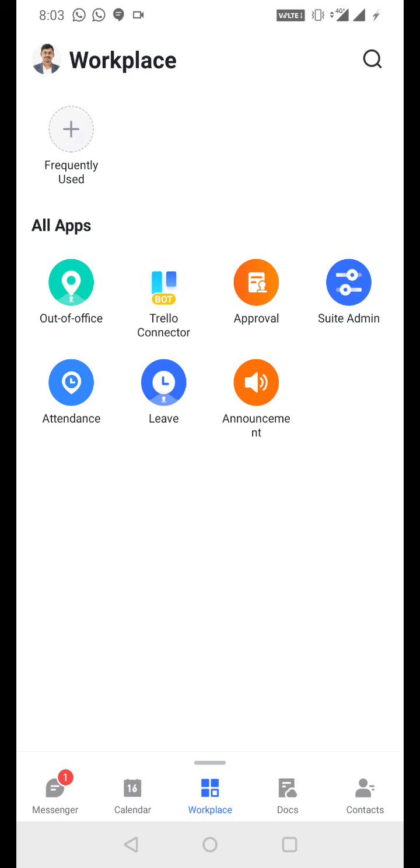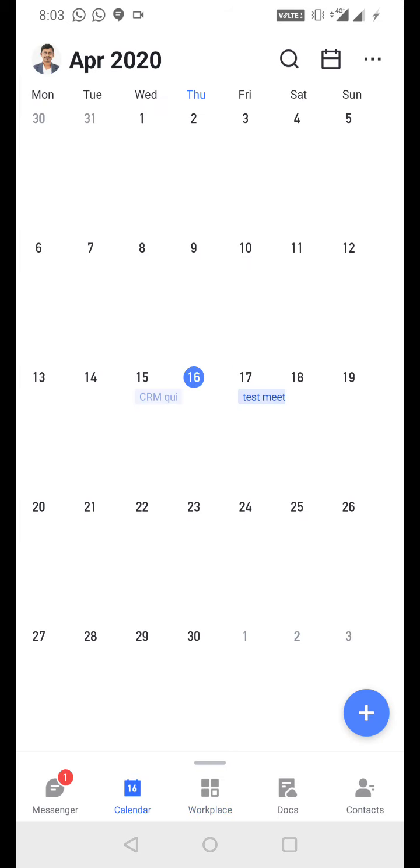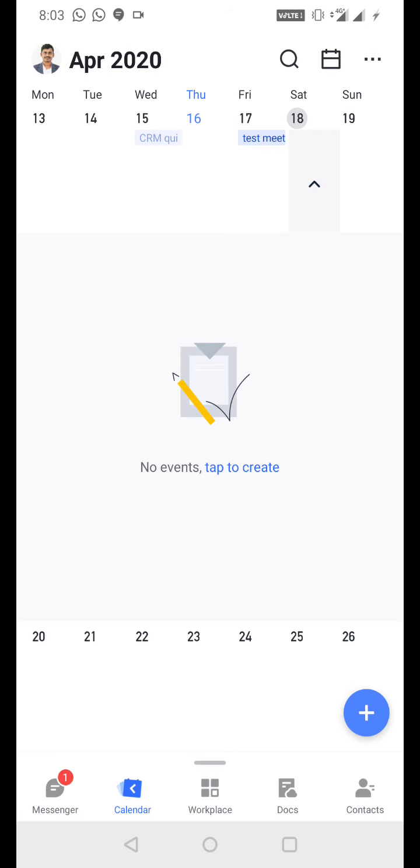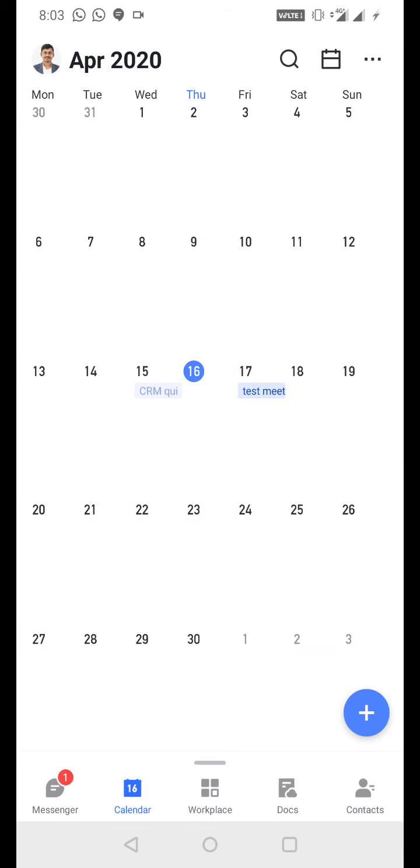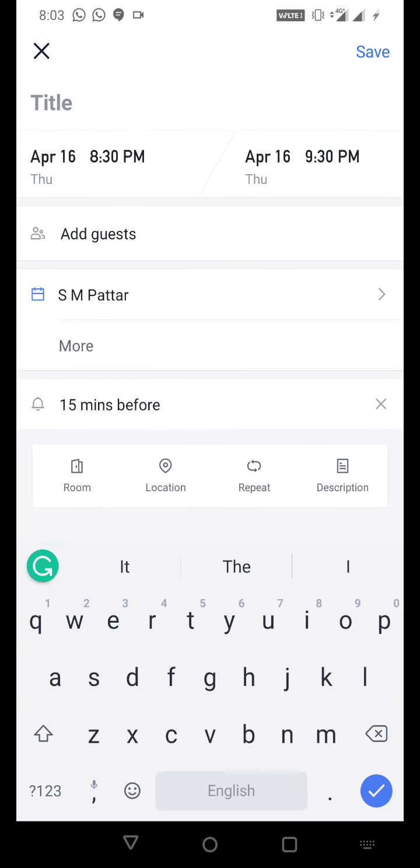Let's move to the fourth option in the navigation bar, calendar. Let us say you want to fix a meeting with your vendors or your customers or even in the team. In such cases you select any particular date. In my case, let us say, I want to schedule a meeting with my colleagues.